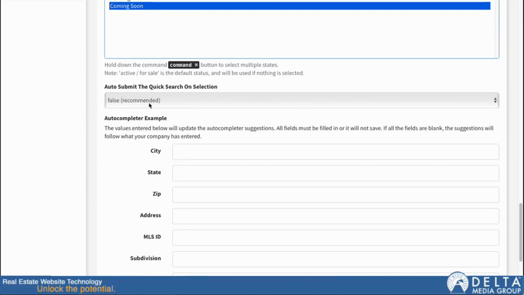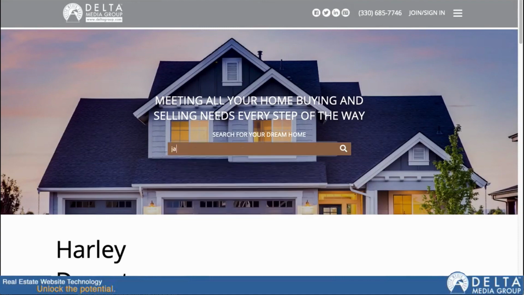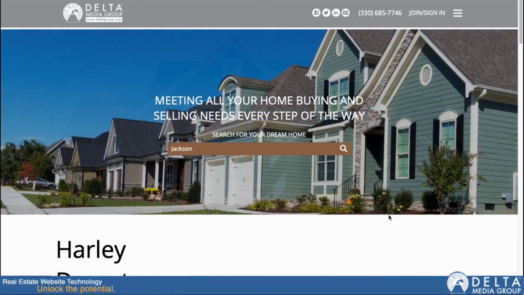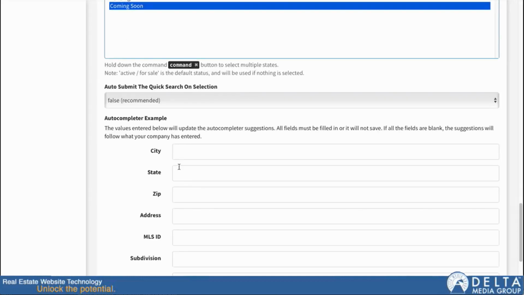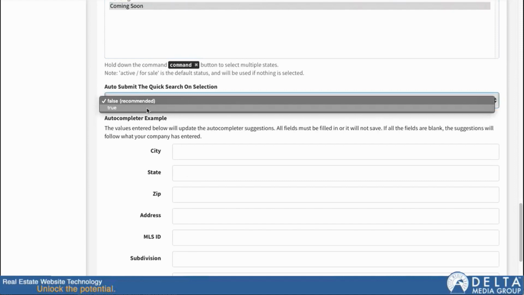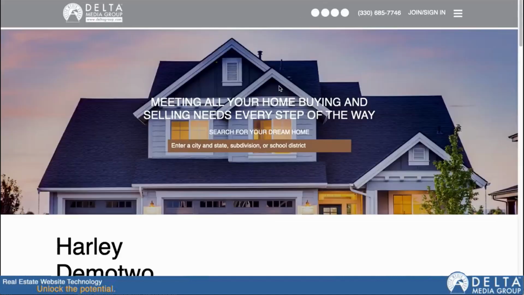Now the next piece we have here is the auto submit on selection. So this is off by default, but what this does is when we go back to the home page here, if I type in an area, when I click on it as it is, it doesn't actually submit the search. I click on it and then I hit the search button and now it runs the search. Or I could click on it and press enter and it would do the same thing. If I switch this setting to true,